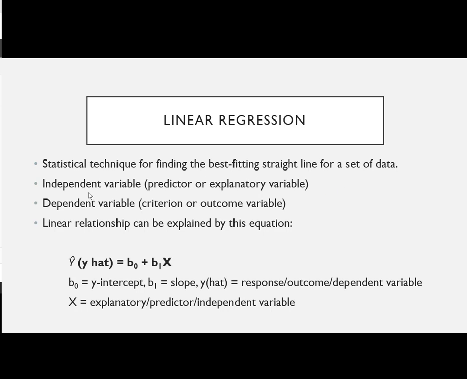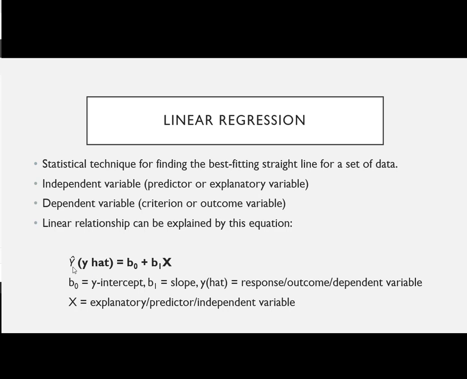In it, now you do have an independent variable, which is also called the predictor or the explanatory, and you have a dependent variable, which is also called the criterion or outcome variable. Linear relationship can be explained by this equation. So if you remember from algebra, y equals mx plus b, that's the slope equation,